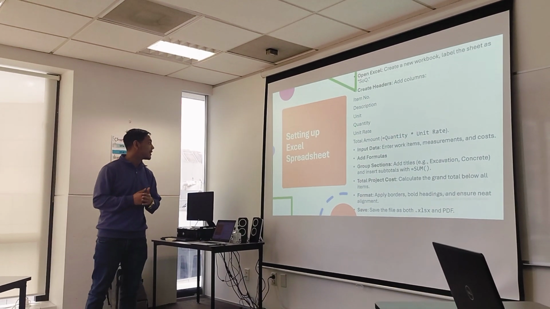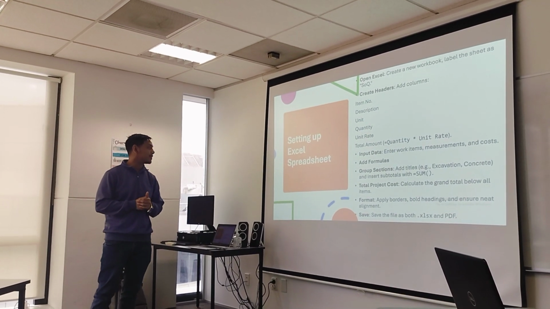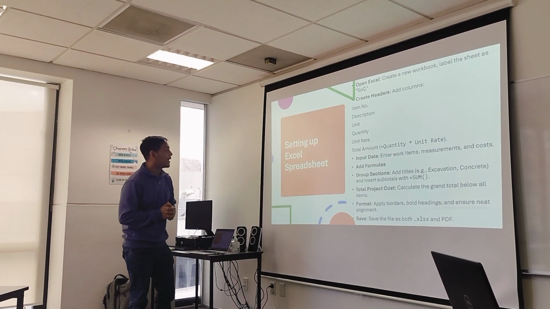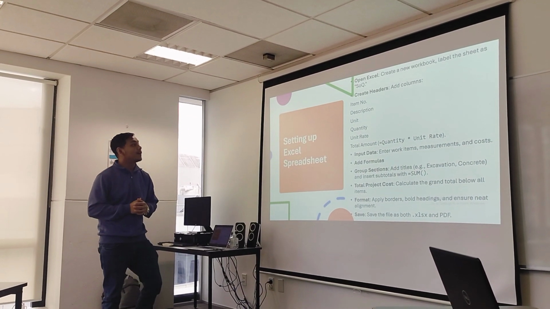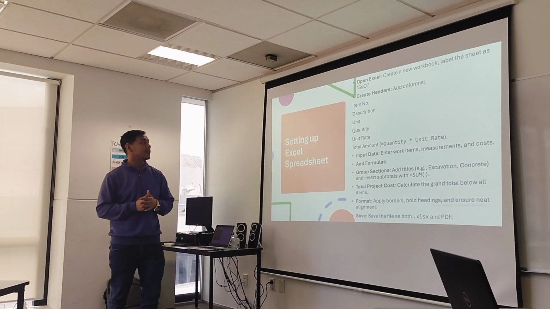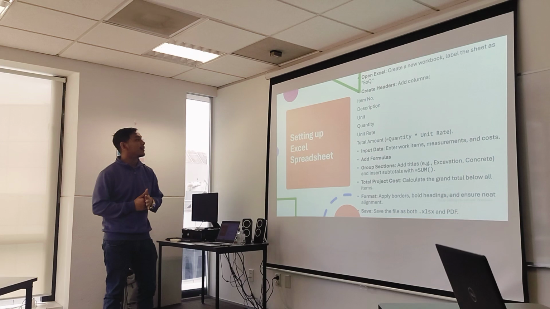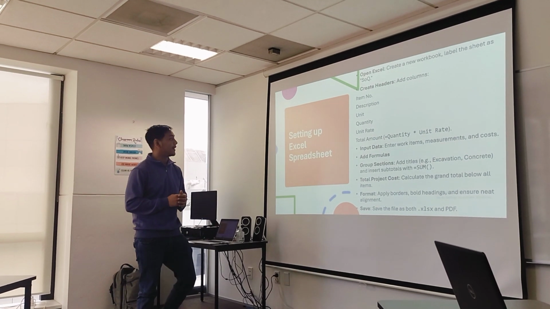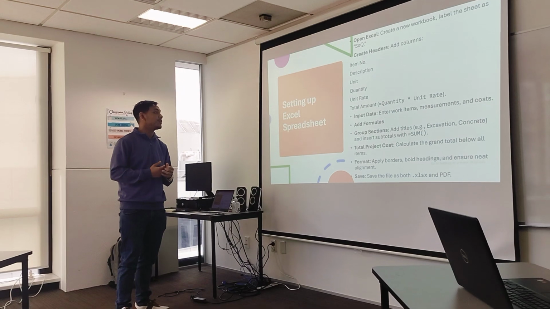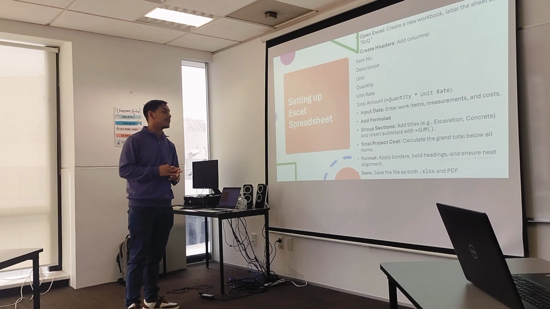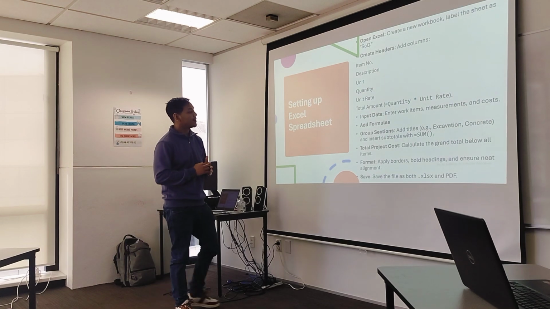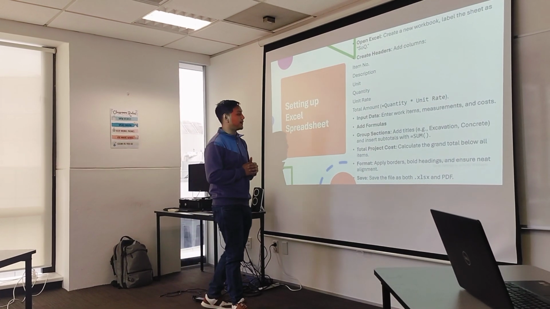So the second topic is setting up the Excel spreadsheet. Before we make an Excel sheet for SOQ, we need to create a code book label that sets the SOQ. In that we need to add columns like item number, code, description, unit, quantity, unit rate, and total amount. Those are the key components, but we also need to follow some